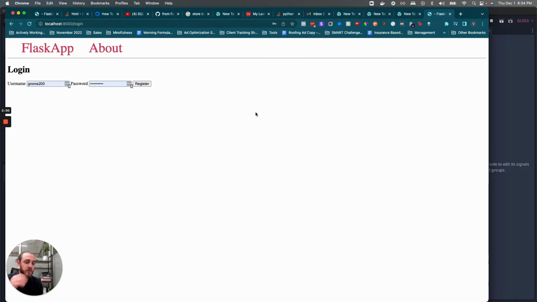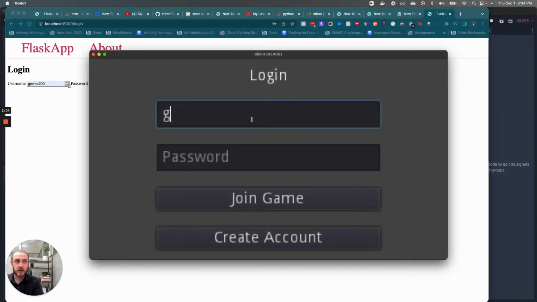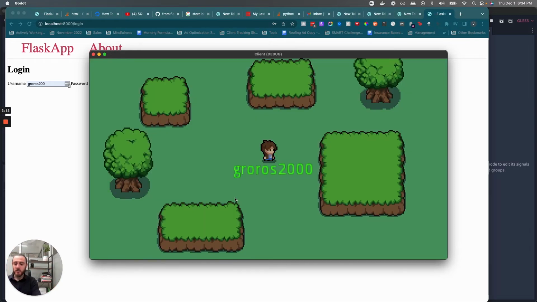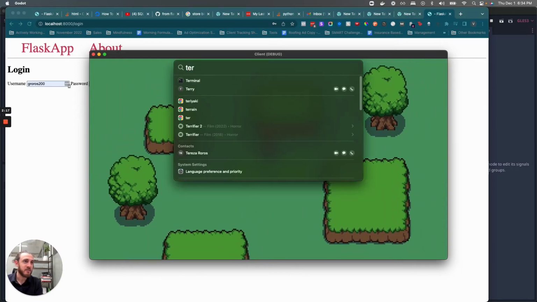It's gros2000. I'm going to go back to the game itself and try to log in with that new account I just created. And if everything's working properly, there we go. gros2000 is now a player of the game. And you can see that I've secured